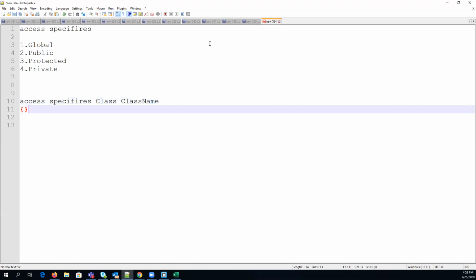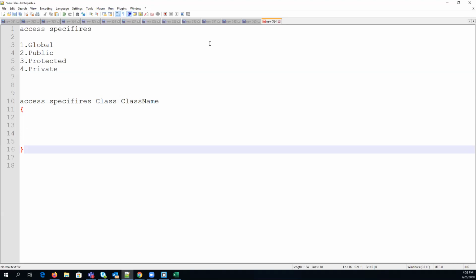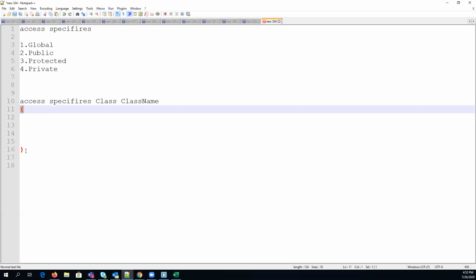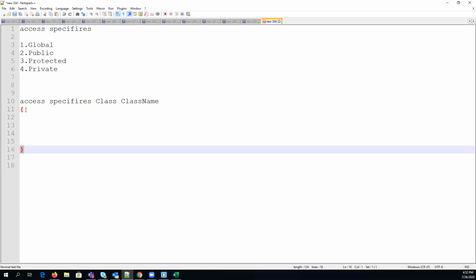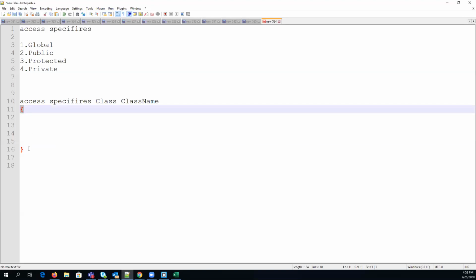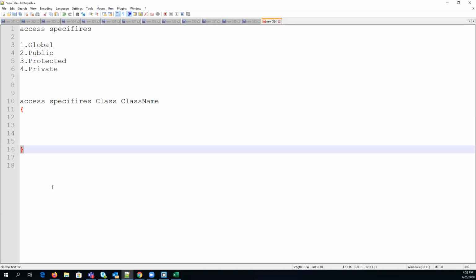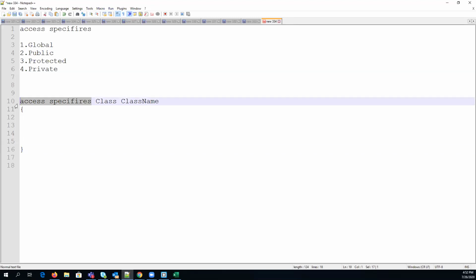So this is your class structure. This is the scope; these braces will tell that this class starts from here and closes here. Clear, guys? Yes. For the access specifier, let's say I'm replacing it with global, then class and class name.